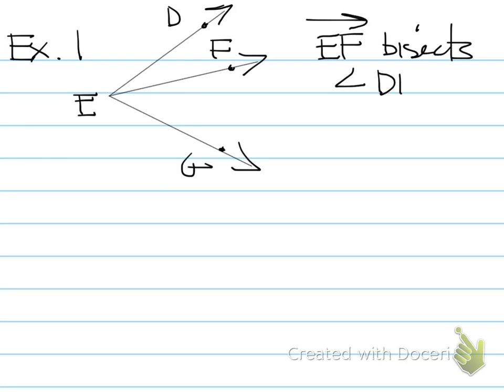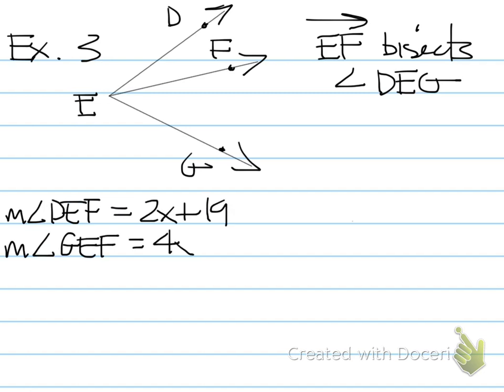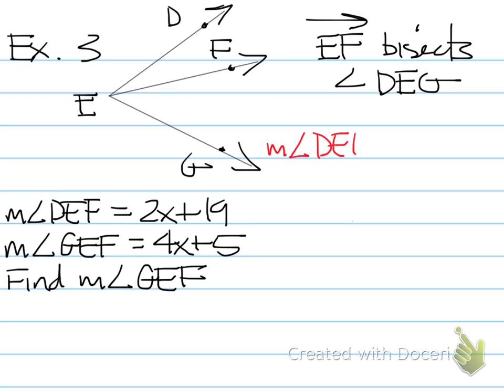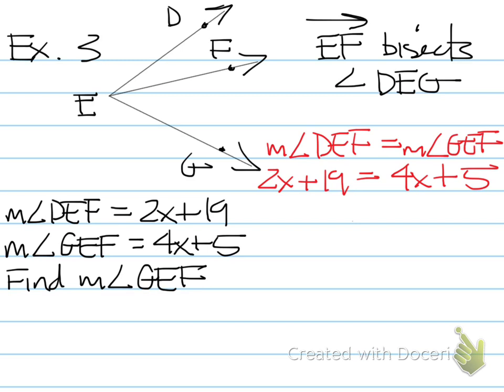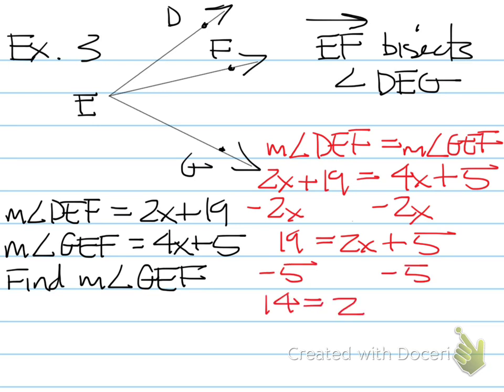Again, same setup for this example. The sum of the two adjacent angles equals the bigger angle that's formed by their non-common sides. All right, and since EF bisects angle DEG, those two angles are congruent to each other, so I'm just going to set those two equal to each other. Solve for x by subtracting 2x from both sides. Subtract 5 from both sides, and then divide both sides by 2. x is going to equal 7,